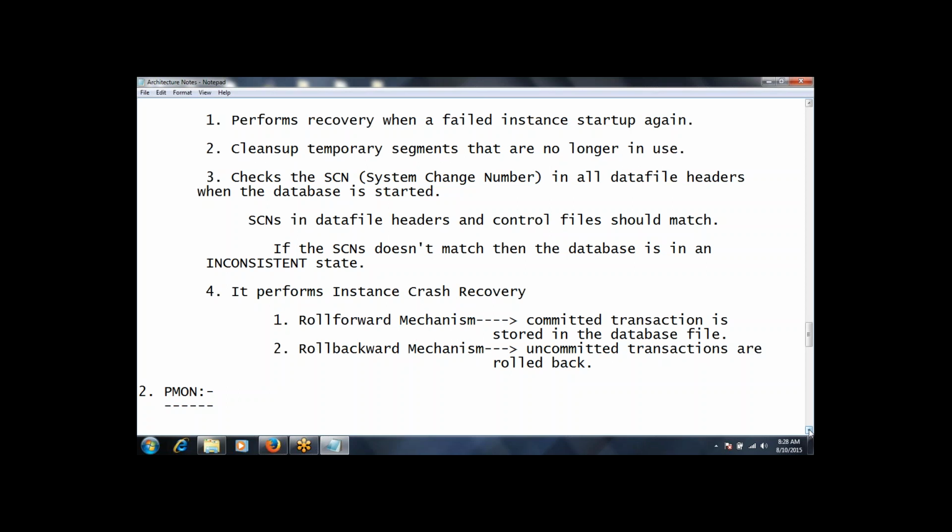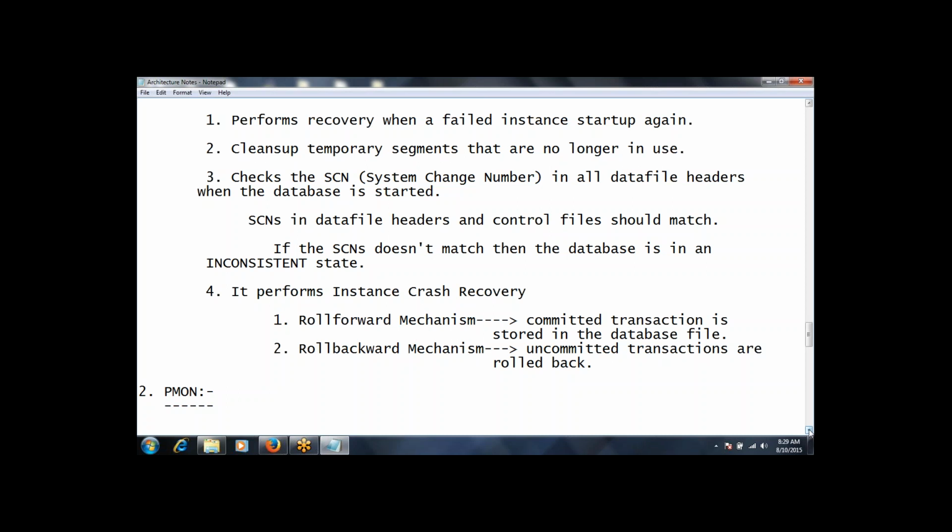Whenever a set of transactions that we are applying against the database, the respective changes will be applied to the database files, or records get updated or inserted into the database tables, strictly speaking. If we commit the transaction, then it is a roll forward mechanism.